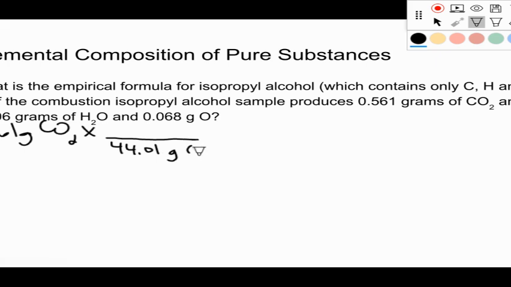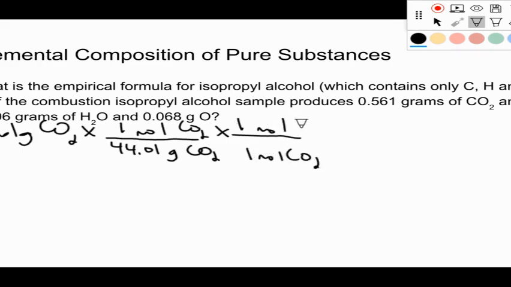It's 44.01 grams of CO2 to 1 mole of CO2. And then we also saw that in 1 mole of CO2, there is only 1 mole of C. So then I'm going to calculate this out. I'm going to do 0.561 divided by 44.01. I need 3 sig figs, so it ends up being